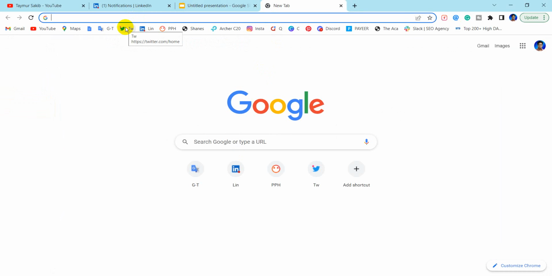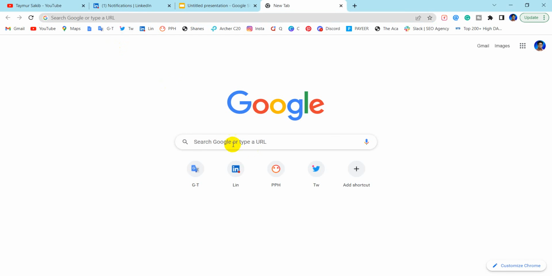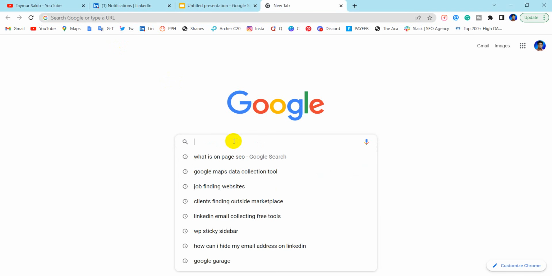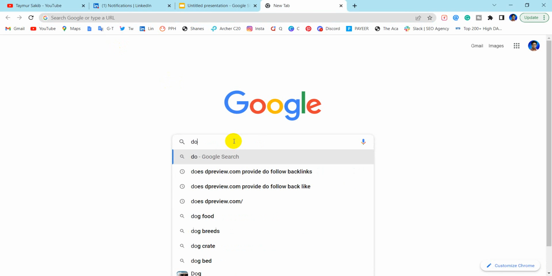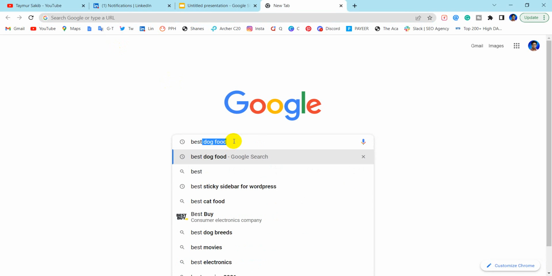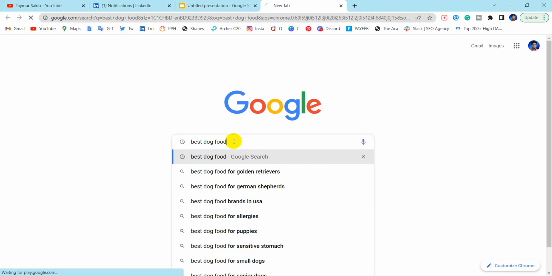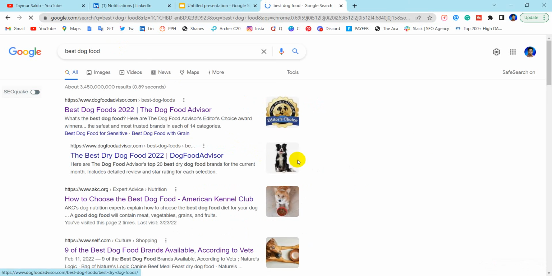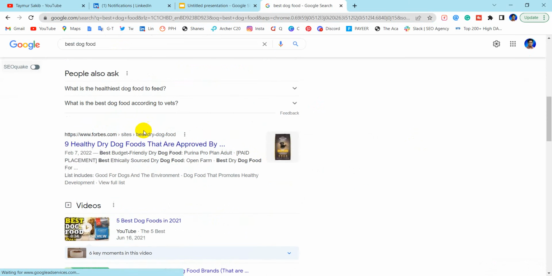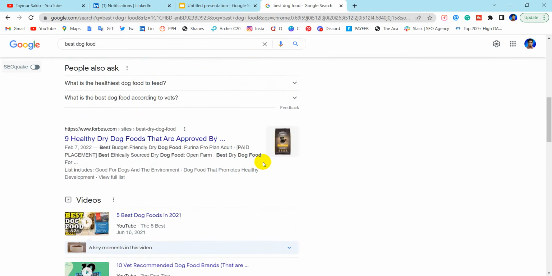If I search on the Google search bar, best dog food, best dog food, and search. Here you can see 10 or more websites showing on the Google first page,